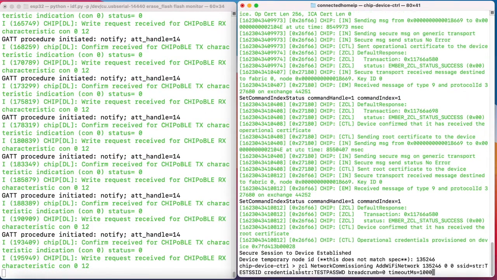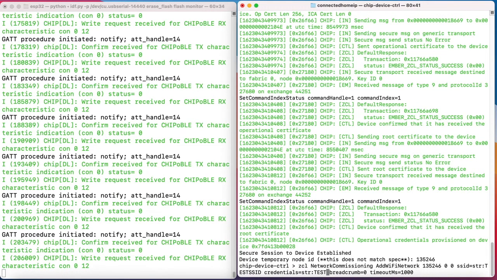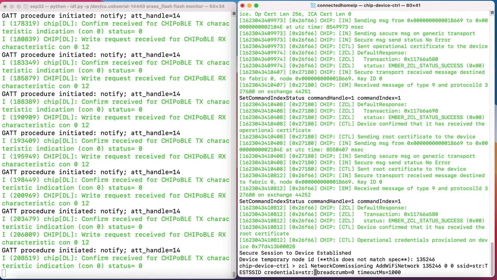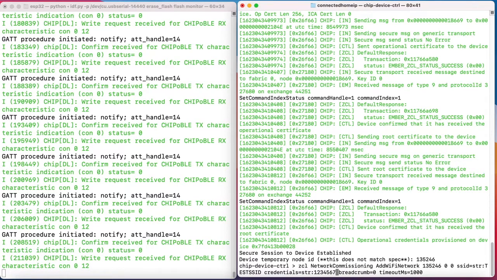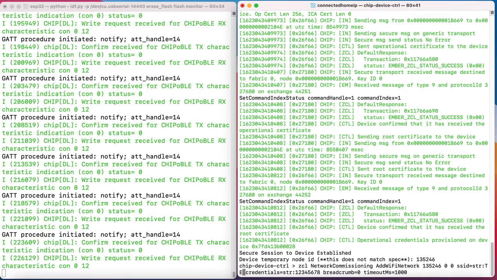Now we'll add credentials of the Wi-Fi network you want the ESP32 to connect to using the add-wifi-network command. Test SSID and test password will be replaced by the SSID and password of your network.